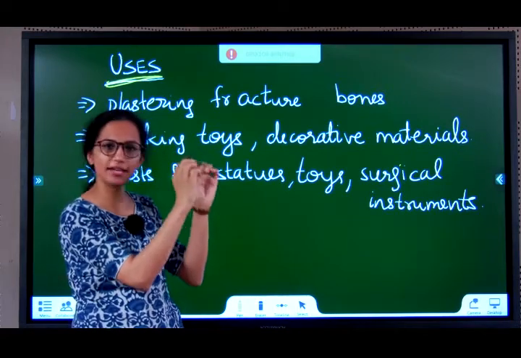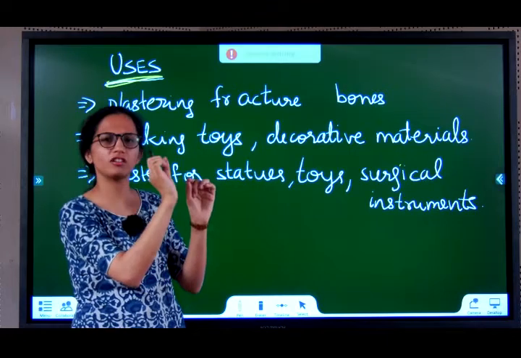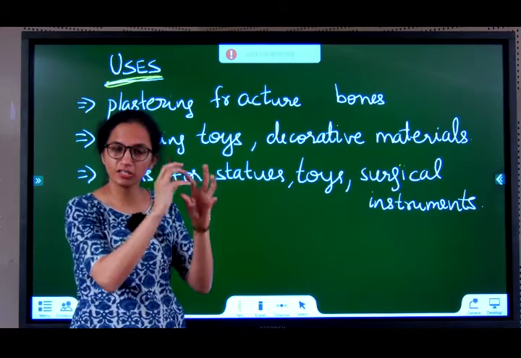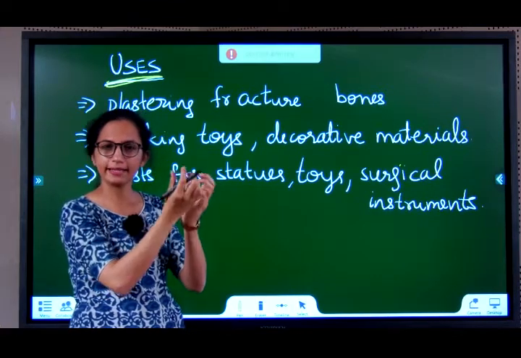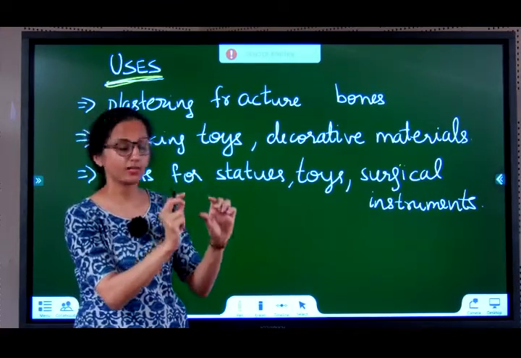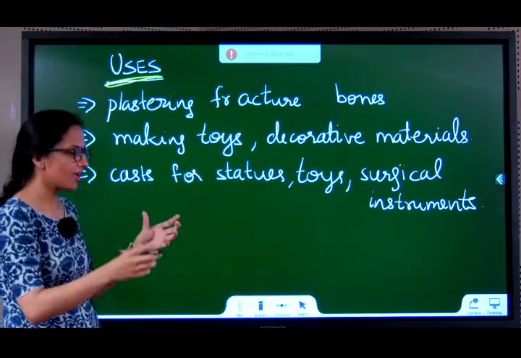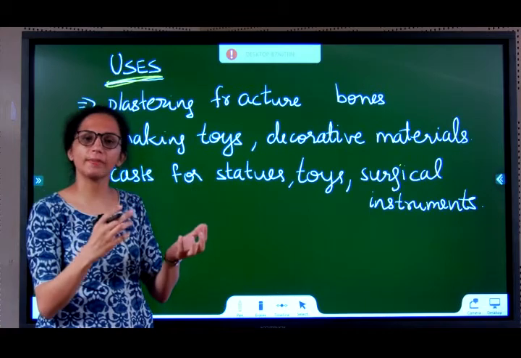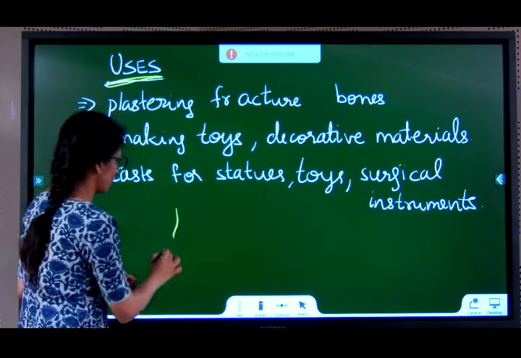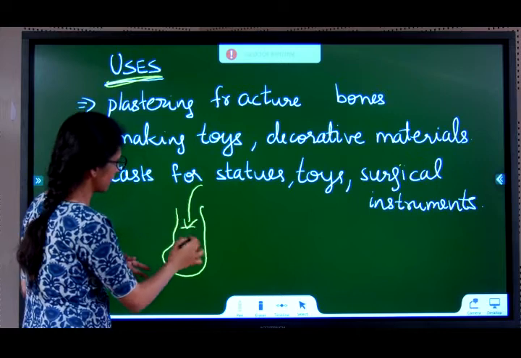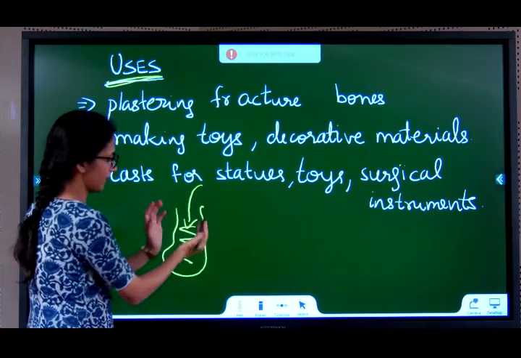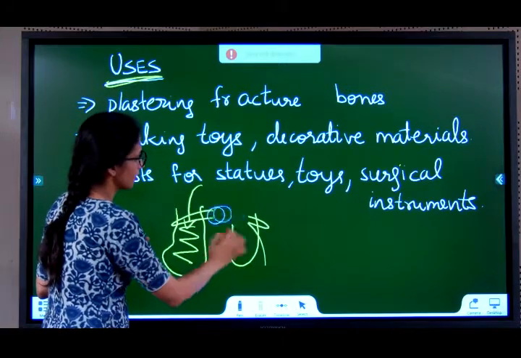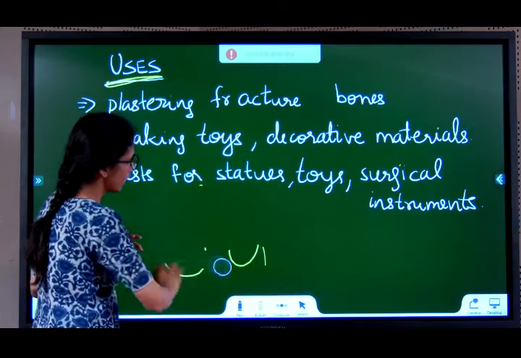How do they get that exact shape of your teeth? How do they put the cavity over there, the shape, the hole over there? Because POP is first powder and it's moldable, they make it. Then they leave it to dry. It will become a hard mass. So it's used for casts. What are these casts? If you take anything like a mold, you can put anything inside and you'll get a shape, right? Like if I take a shape like this and I pour some substance here, this behaves as a cast. I can remove it back, it will be in this shape only, right? So those are casts or molds.